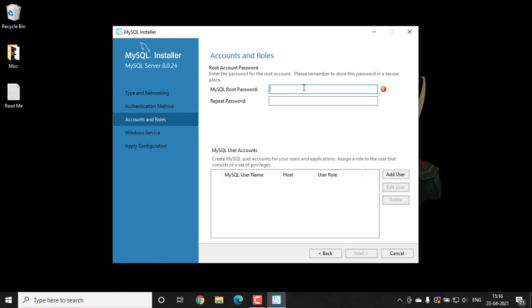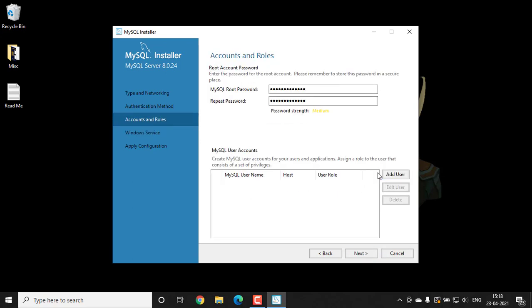Type a password which is convenient for you. And here click on next button.